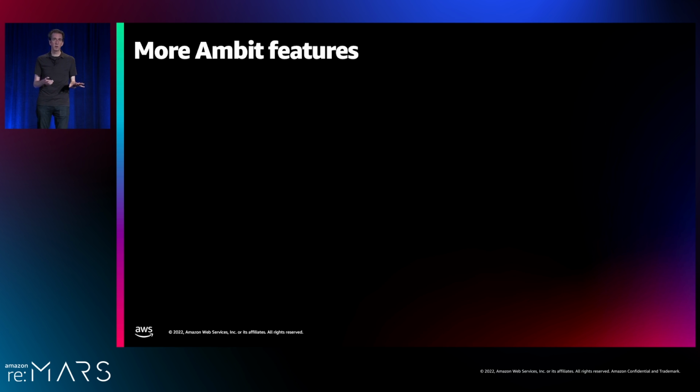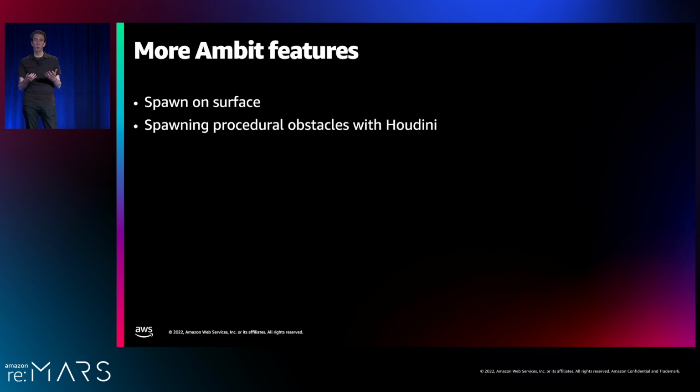So that's just scratching the surface. Those are some of the key features of Ambit. There's many more features I won't be able to demo today, including a way to spawn items based on metadata in your scene on different surfaces. We provide a way to create actual procedural obstacles themselves, where the obstacles may change their own appearance procedurally, and we provide an example asset that shows you how to build that kind of obstacle. And then, of course, you can export the content you create for use in other 3D tools, even beyond Unreal Engine.